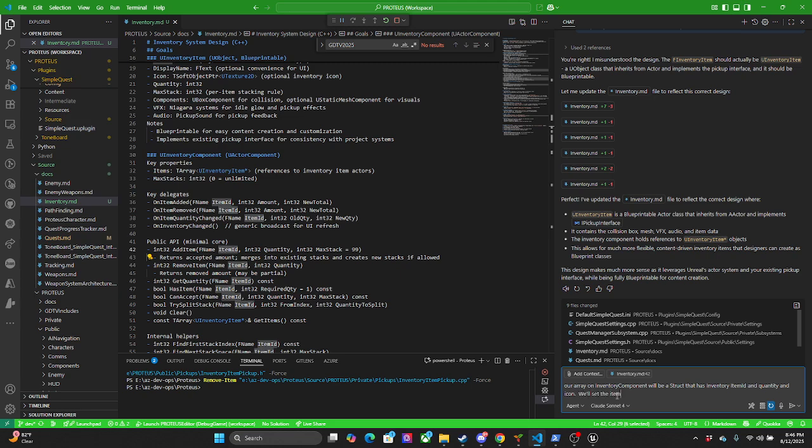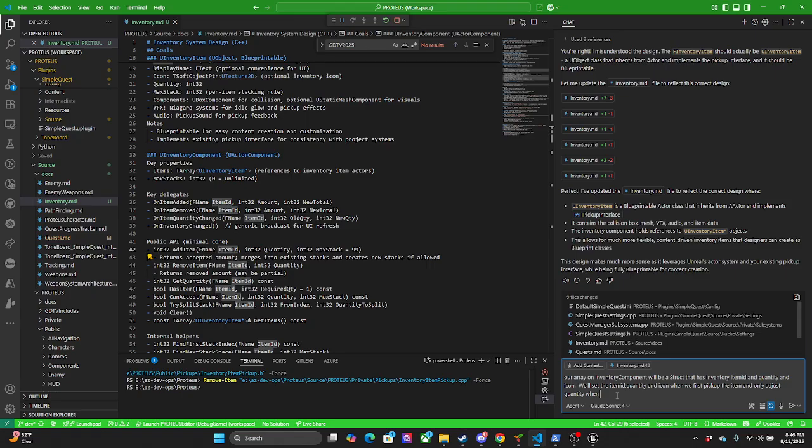We'll set the item ID, quantity, and icon. Item.